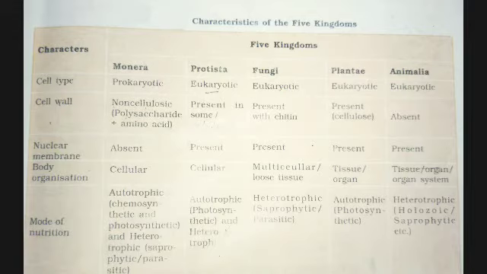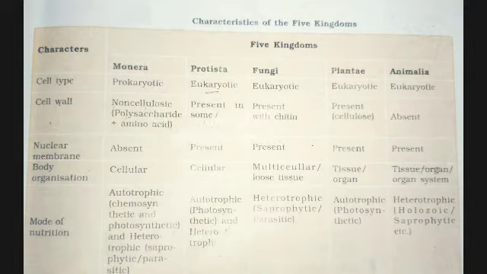So the first kingdom given is Monera. First of all we will see all the characters of kingdom Monera, and then the upcoming kingdoms, right? The first characteristic given in the table is the cell type. It means whether the cell is eukaryotic or prokaryotic. So Monera is a prokaryotic cell. Prokaryotic means it doesn't have a well defined nucleus, and the organelles in this type of cell don't have any membrane around them. So these cells are called prokaryotes.